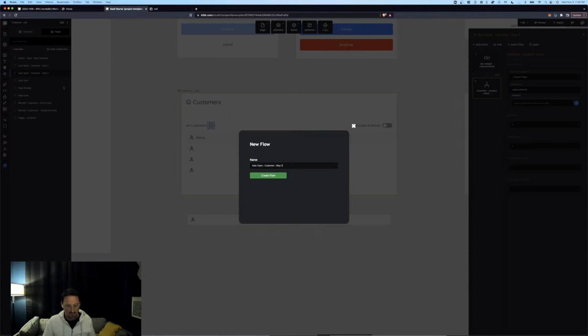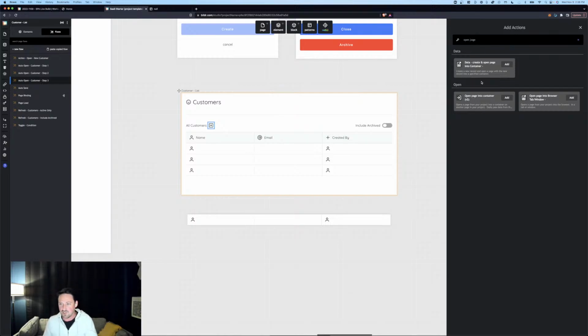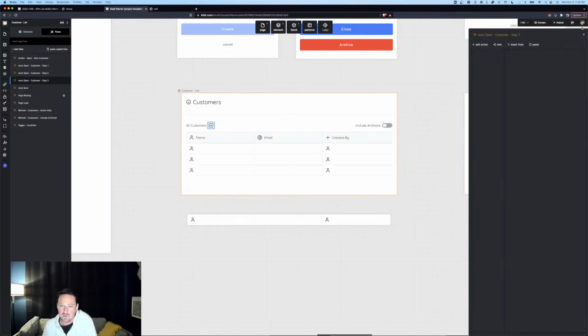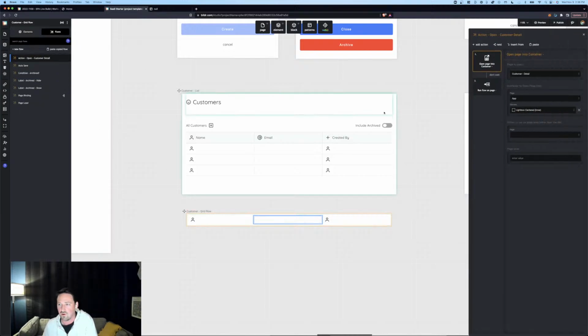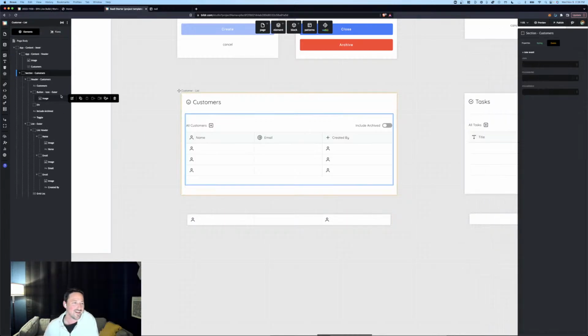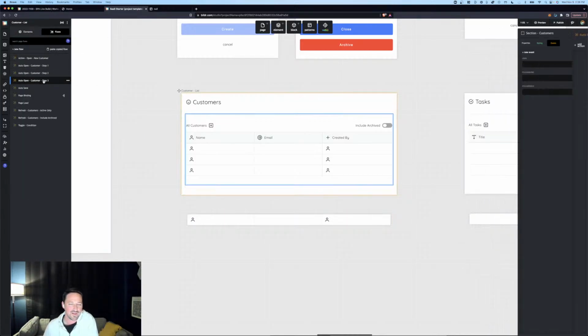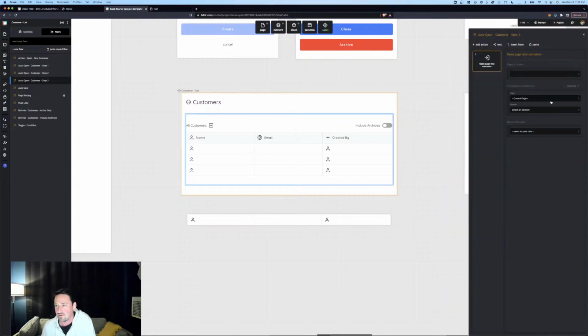So let's go step 3, and we're going to go open page. And actually, I'm going to go look on here when we go open customer detail. I want to see, okay, it's in the app lightbox, and then we run this. So I'm going to copy this flow that runs on the app page. I just need to see where it opens into. So step 3, we're going to go open page, and we're going to open into the app,